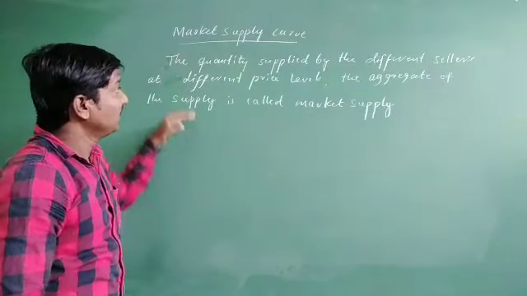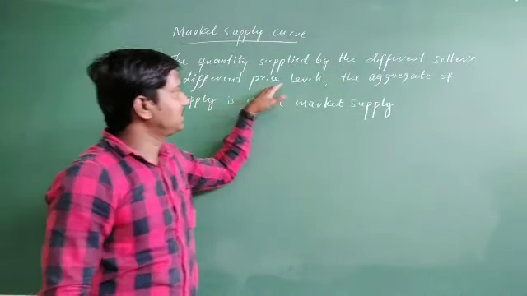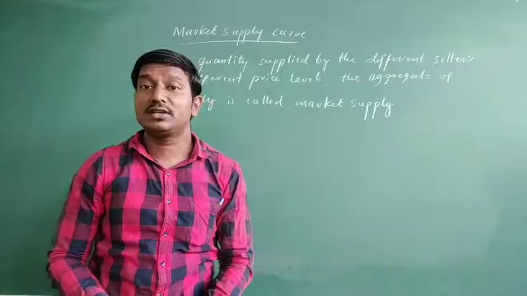Which means, you see, the quantity supplied by the different sellers at different price levels, the aggregate of